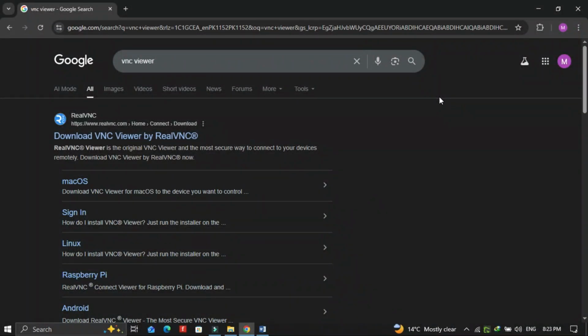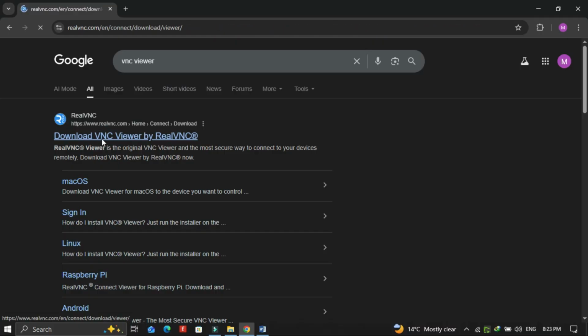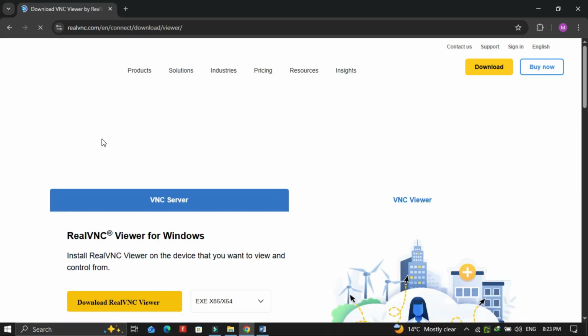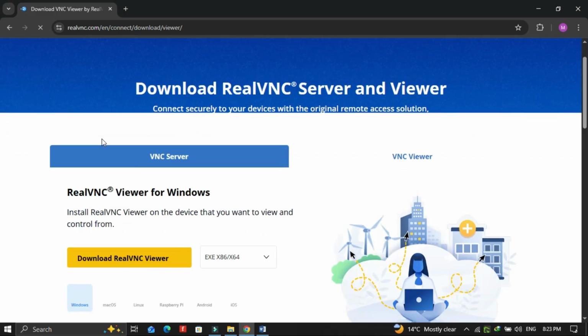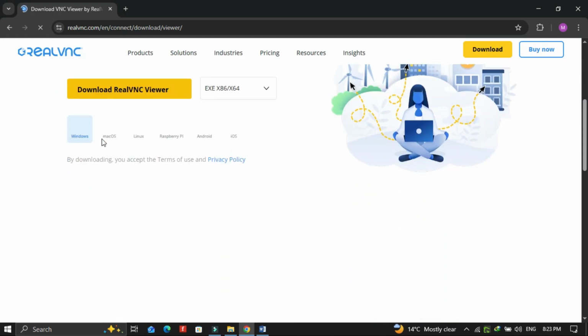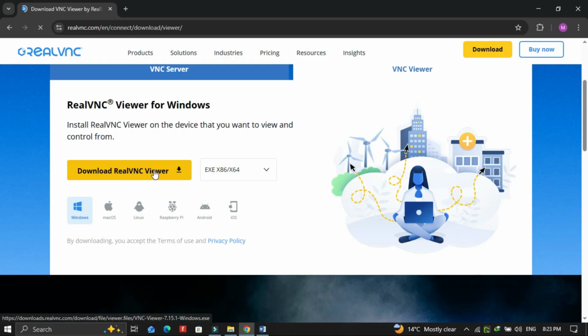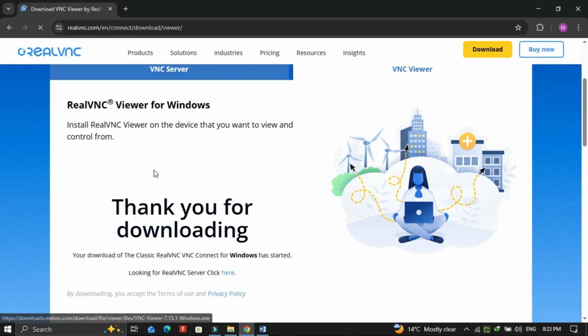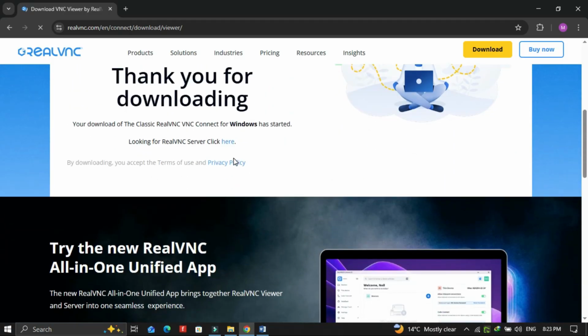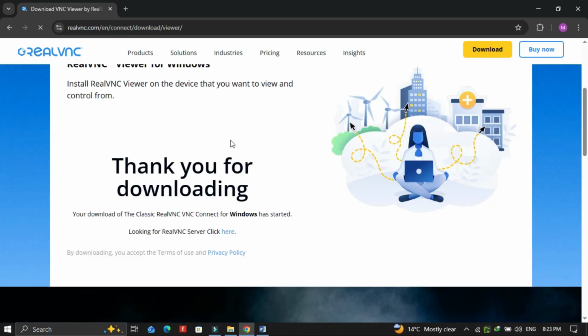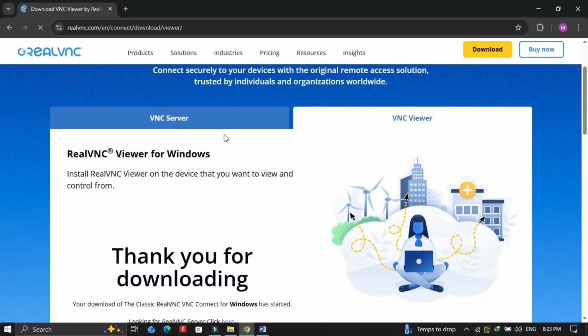Now on the laptop, download the VNC Viewer from the link given in the description. After downloading, install the VNC Viewer normally. I have already installed it on my system, so I will directly open it.